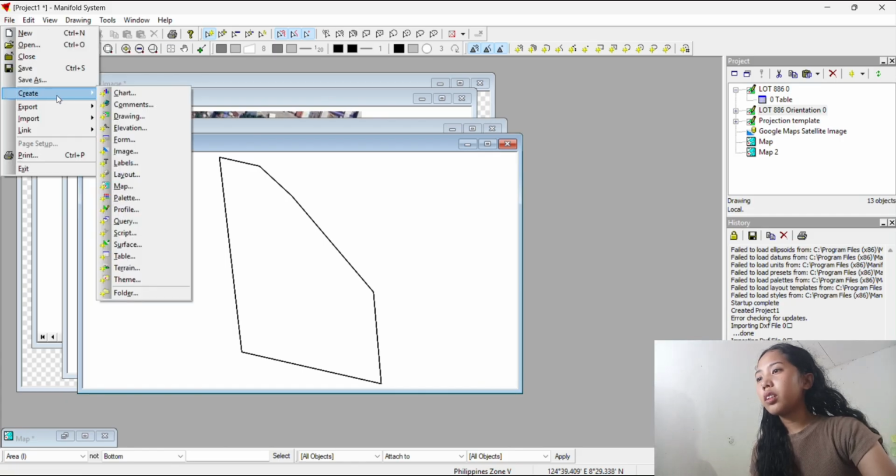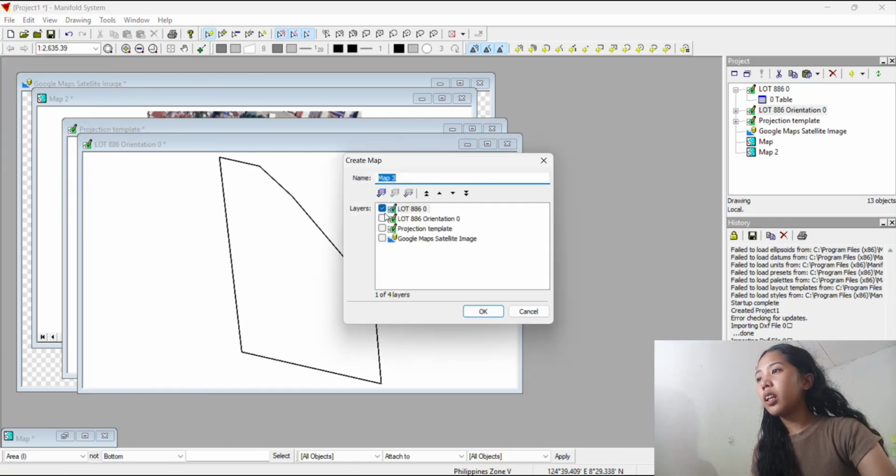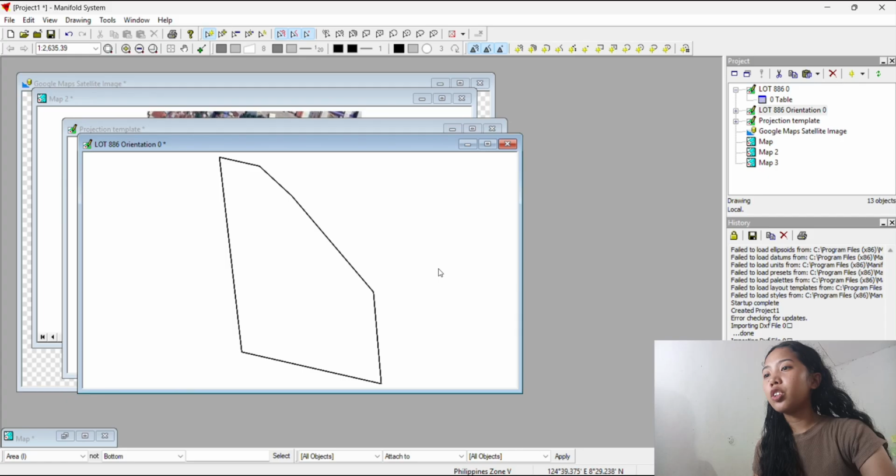So this is what it should look like. Then select the projection for verifying, then national grid. Under that, Philippine grid, then select zone 1, then change World Geodetic 1948 to Luzon, Philippines, Mindanao.